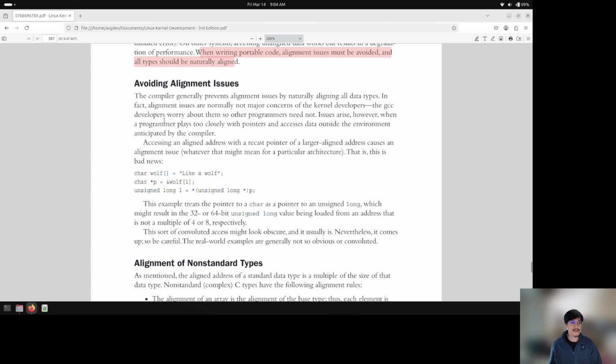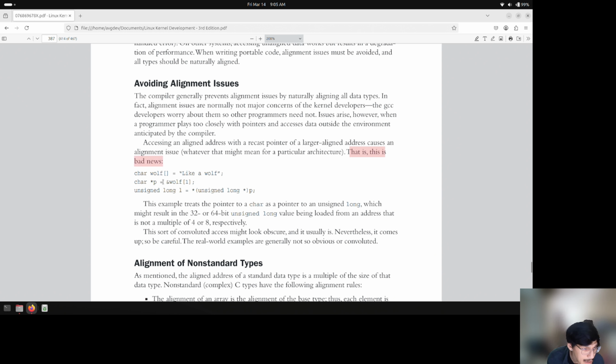Avoiding alignment issues. The compiler generally prevents alignment issues by naturally aligning all data types. In fact, alignment issues are normally not a major concern to kernel developers. The GCC developers worry about them, so other programmers need not. Issues arise, however, when the programmer plays too closely with pointers and accesses data outside the environment anticipated by the compiler. Accessing an aligned address with a recast pointer of a larger aligned address causes an alignment issue, whatever that might mean for a particular architecture. That is, this is bad